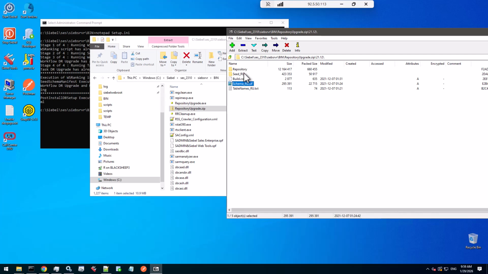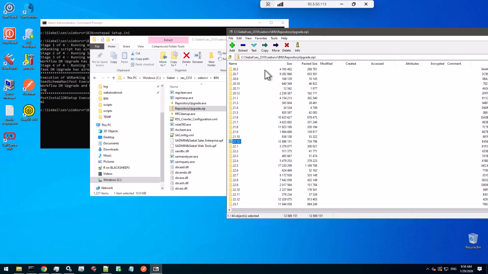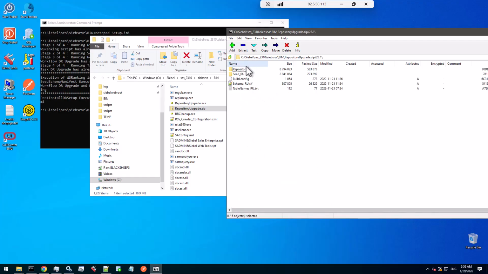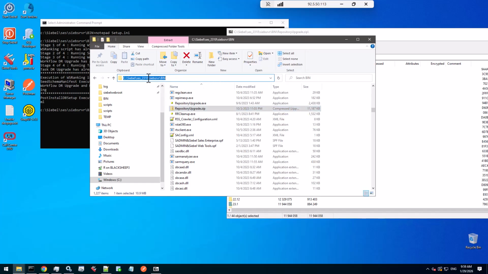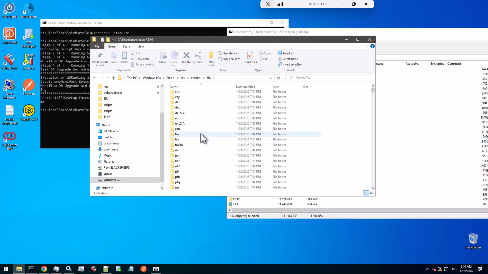So schema, seed, repository, and well, we have to really be lucky to find some manifest files here, but at times there is a manifest SQL file. So there are 4 things that a repository update as per the new terminology does. So let's compare this. So we can just go to the new Siebel SES folder after the update to